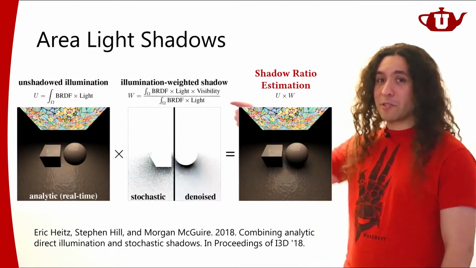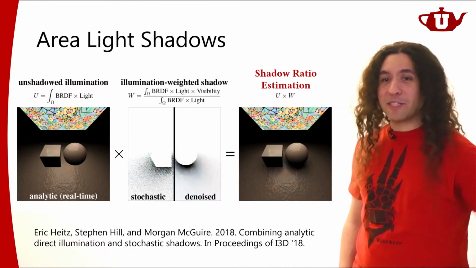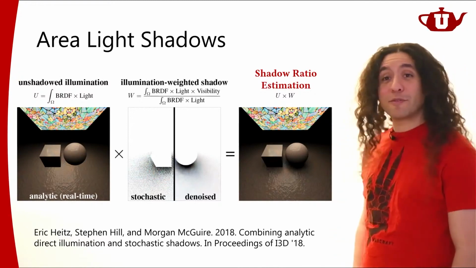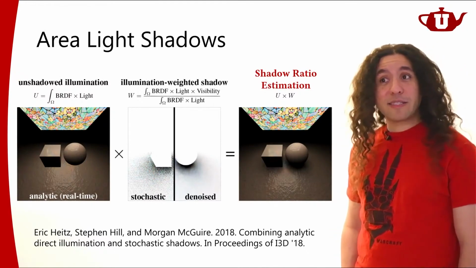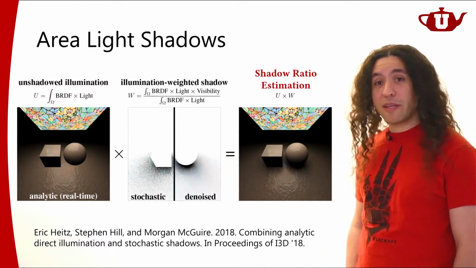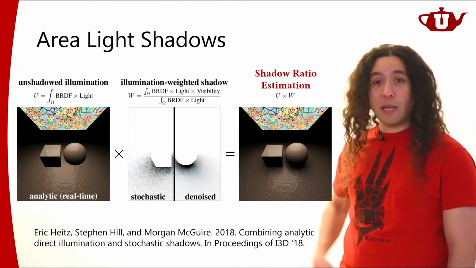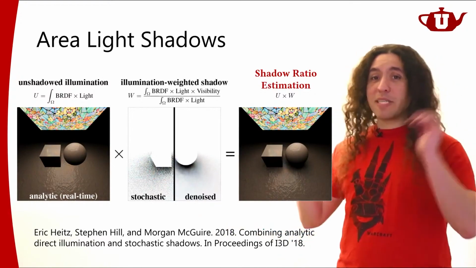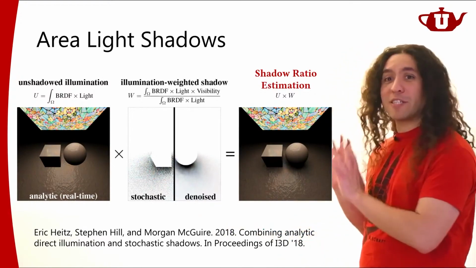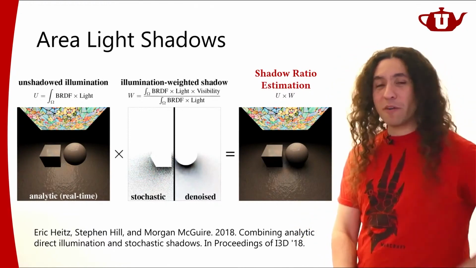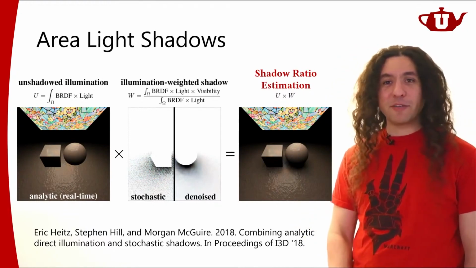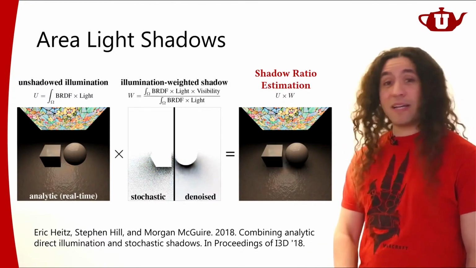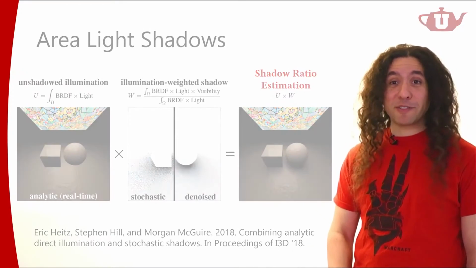It's fairly easy to do. You just compute the two and take the ratio, and you get these nice shadows where the light coming from the area light sources is computed analytically, and the shadows are sampled using ray tracing. So anyhow, this is not what we're going to be implementing, but I had to mention it because it's a wonderful paper. I love it, and I would recommend that you check it out. And this will also be a very, very good topic for a final project, if you're interested.